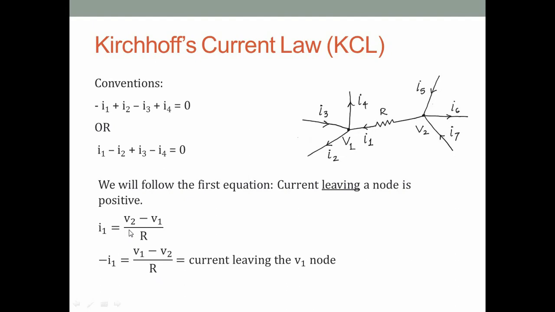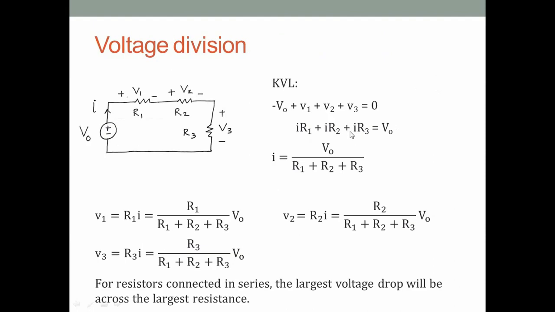Also notice that if we have this element connected between V1 and V2, and if I want to write the current leaving the node V2 in this resistor, then it is this form and V2 is positive. If I want to write the current leaving V1, then it is minus I1 and V1 is positive. So if we write a current leaving a node in terms of voltages, then whichever node it is leaving, that voltage will be positive. We'll come back to this and you should get used to it in a few lectures.